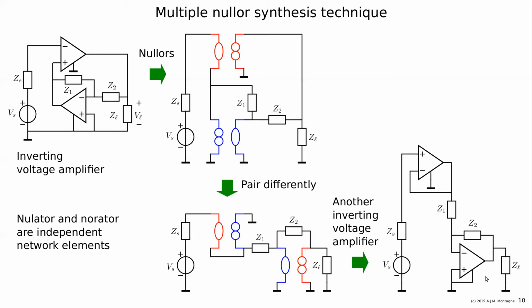They're equal on concept level, because on concept level with nullors, there's no difference. But of course, in practice, parasitics and transfer function zeros can be different, so that there can be differences in the transfer. But basically, this is a technique. So if you have multiple nullors in a circuit, multiple controllers, to find an alternative structure that maybe is easier to implement. But the network solution of both things is equal.